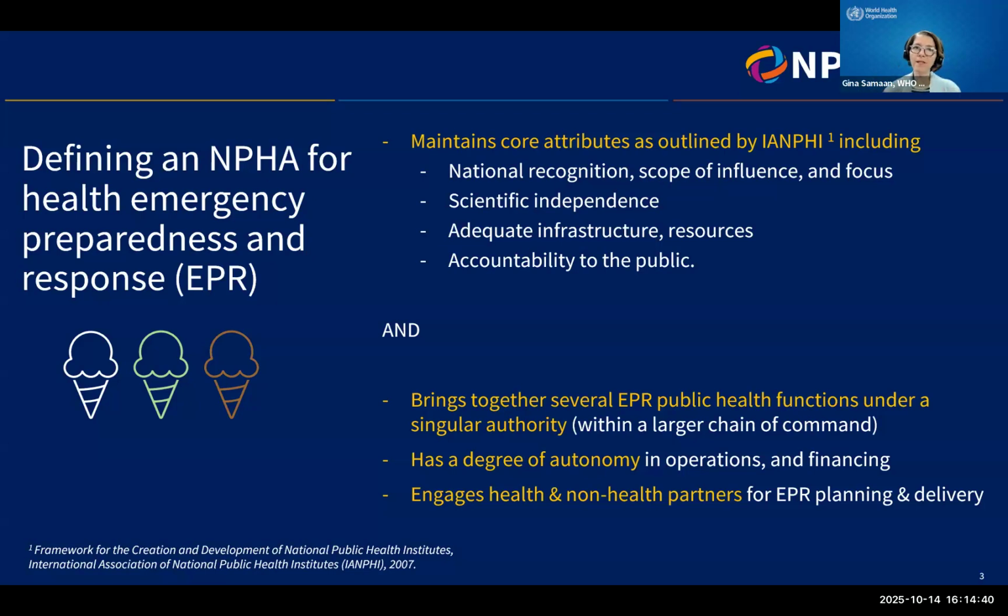So what we can see also is the need to focus on function over form. What does it do? And again, that does depend on the domain, and there may be tensions at some points in what an NPHA does, for example, versus what a Ministry of Health does, or what another authority may be doing. So all of this to say, it really does depend on context as to how to define an NPHA, with largely a focus on those public health functions relating to emergency preparedness and response.